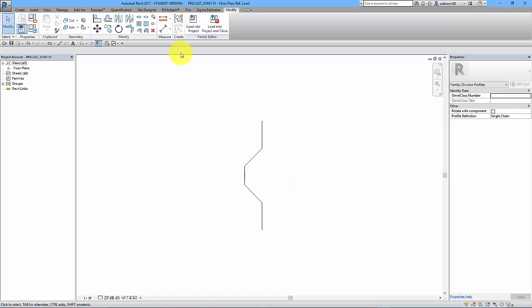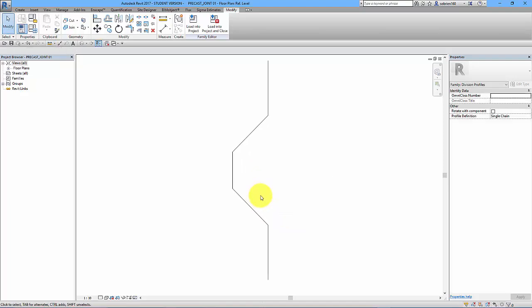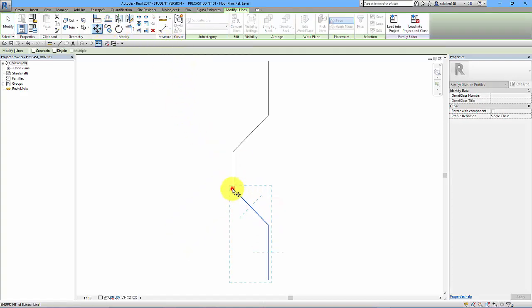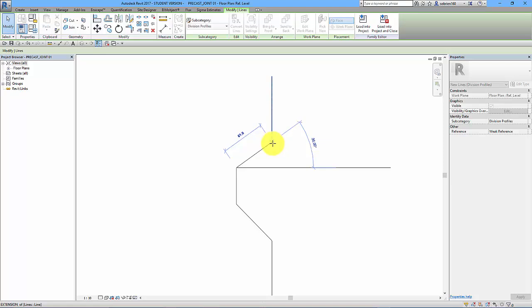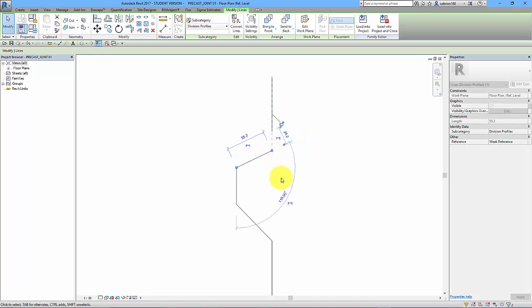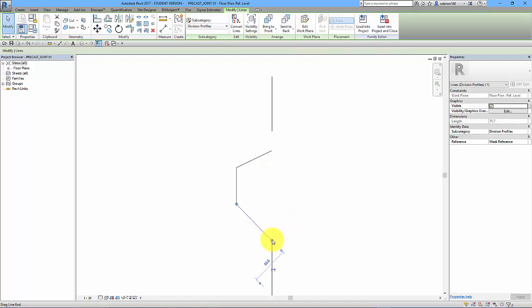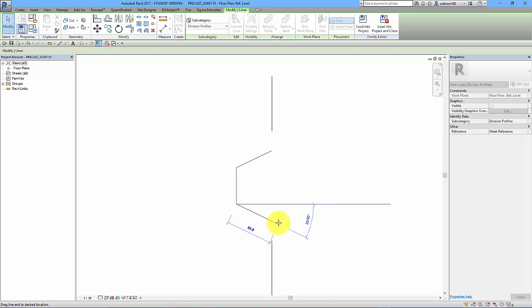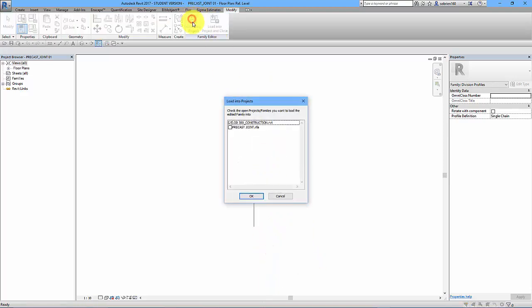So that's kind of our angle. So let's just do a quick dimension on that. From there to there is 150. That's actually bigger than our wall. So we'll just move this in. Let's make this angle 25, 25, trim it together, load into project,